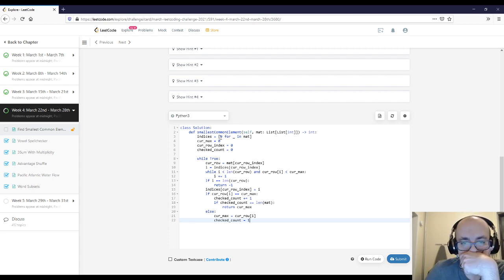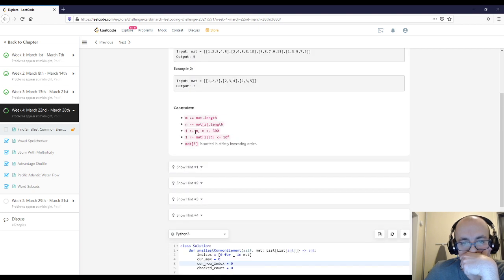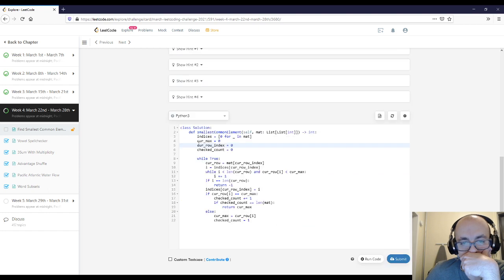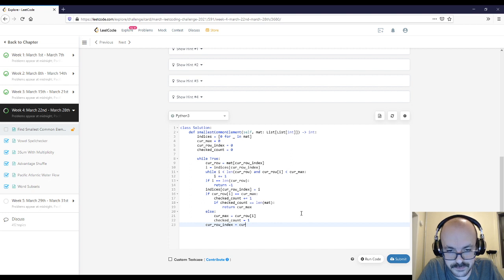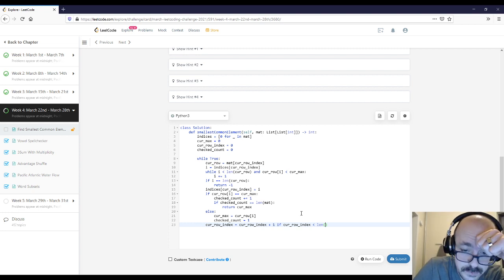So all the indices start at 0, the max is 0, which will always get overridden because all the values are positive in the matrix. Oh, and I need to also increment. The last thing is to increment the cur row index. So cur row index equals cur row index plus 1 if